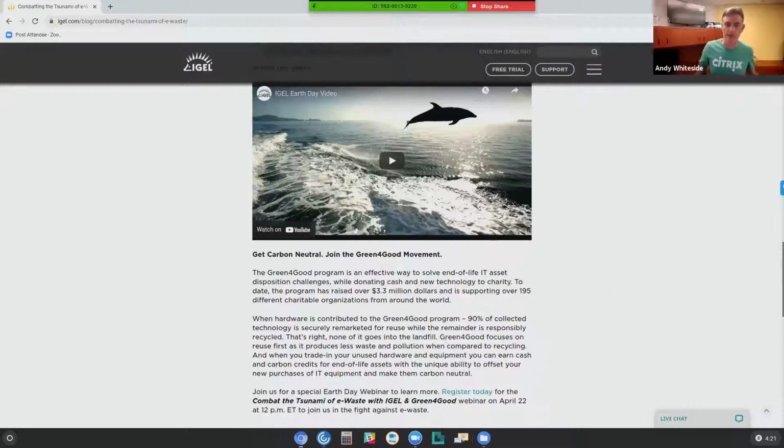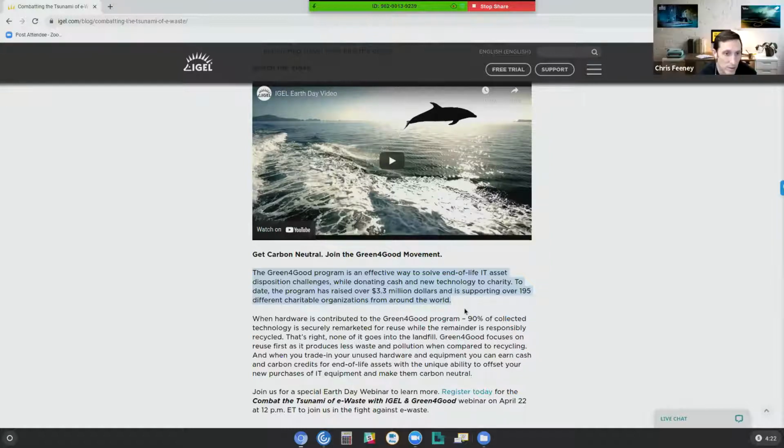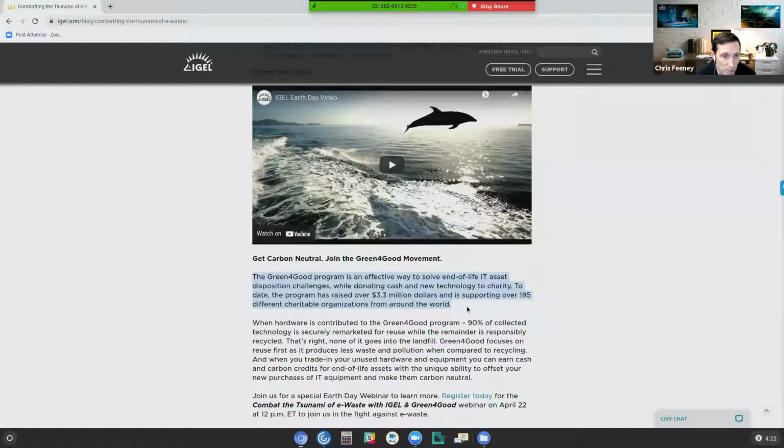So Green for Good is an organization that collects devices and tries to repurpose them back into a usable scenario. Yeah, and you can see that they've been raising money, and then they support different charitable organizations from around the world. And so a lot of this is hardware. And obviously the other big piece here too is, for new machines being built, the hardware